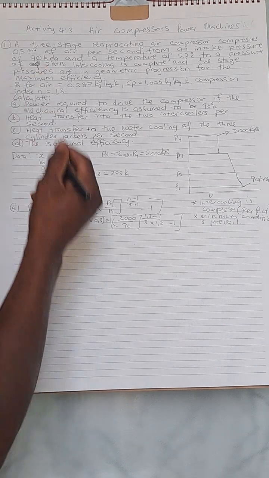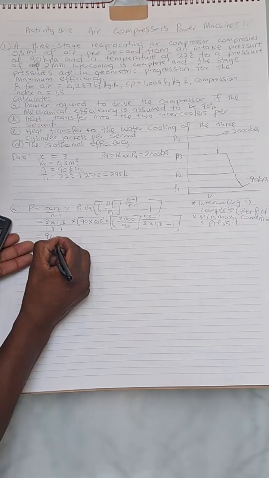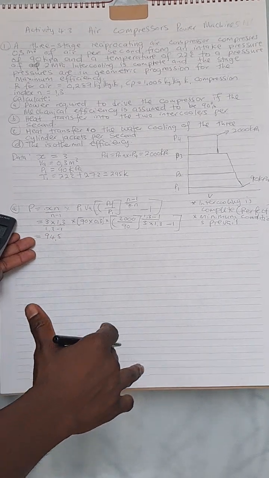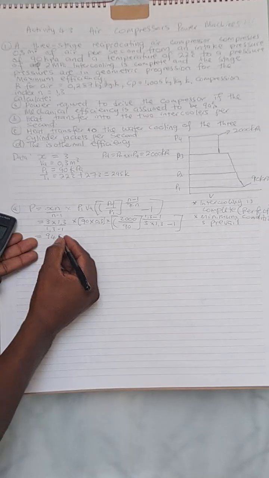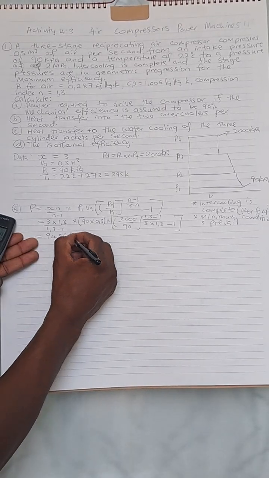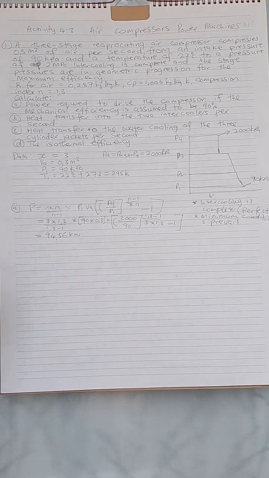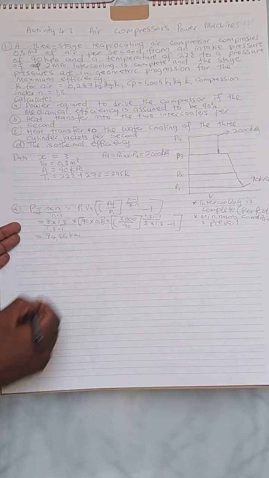I'm getting something like 94.56, so we can simply say 94.56 kilowatts. So we are getting our P out as